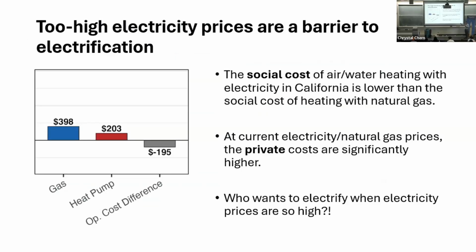So why worry about paying an electricity price that is way above the true cost? One, as I talked about at the beginning, we're trying to electrify. We're trying to convince houses and firms to electrify their cars and their transportation and their processes. And a heat pump, so what this is showing you here, we've done this all across the country, but in California, if a household heats their home with electricity versus natural gas, the social cost is a lot lower. You think about the emissions and all the fuel costs, et cetera. But from a private household perspective, the heat pump looks more expensive because they're paying a higher electricity price. So it's harder to convince households